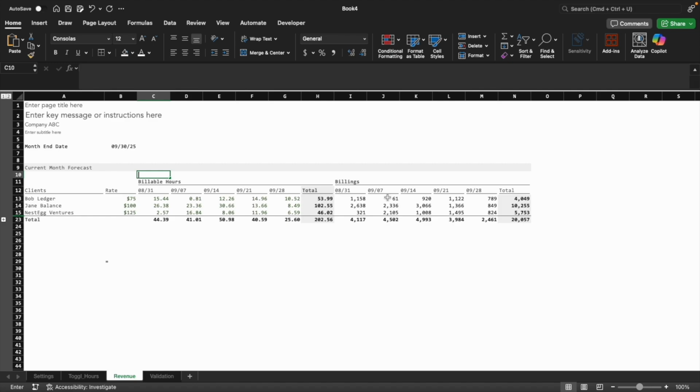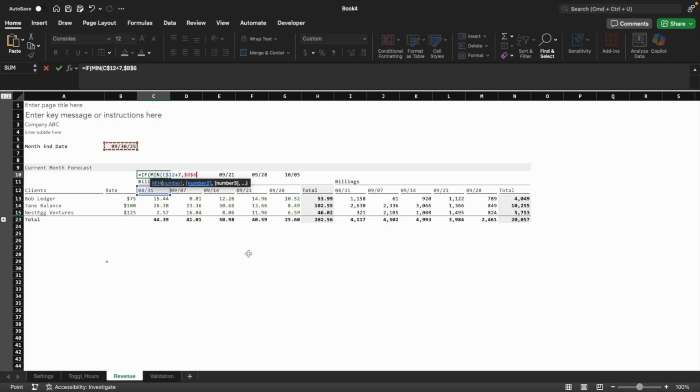So I'm going to say if the minimum of this date plus 7, right? Let's see what that is. If I take this plus 7 and do that all the way through, see how this takes me into October. I want to go at max to this date. So I want the minimum between these dates and this date, so that for each of these weeks I get these dates, and for this week I get this date. So I'm going to say if the min of that calculation and the end of the month minus this date, sorry, this